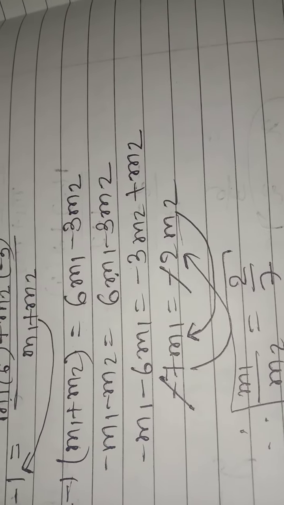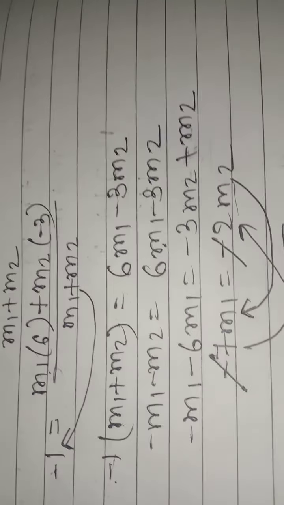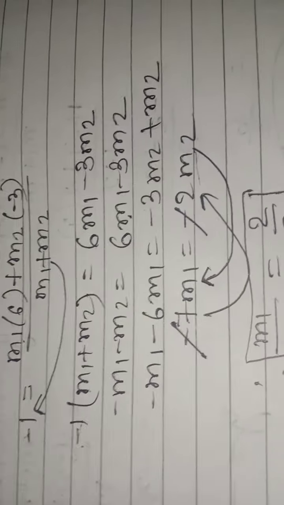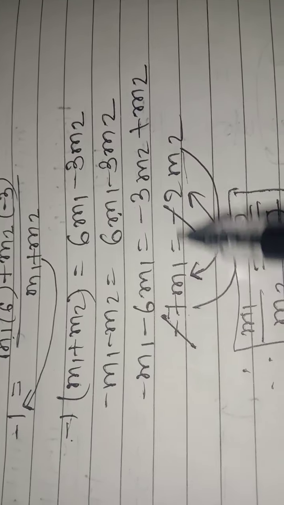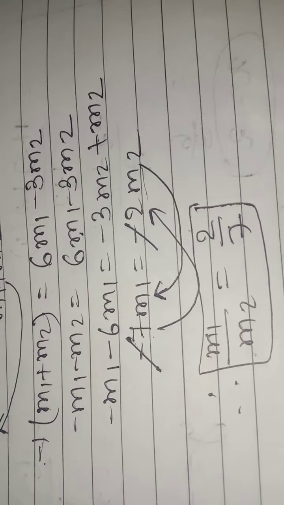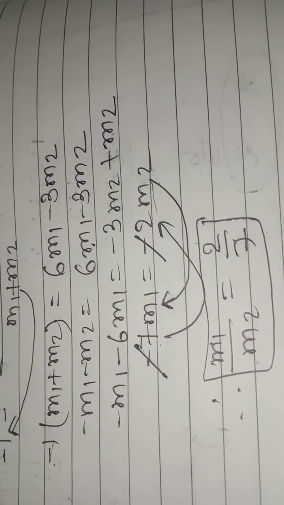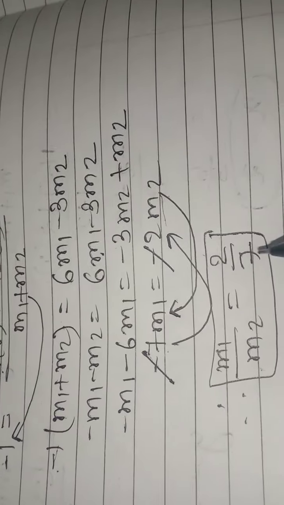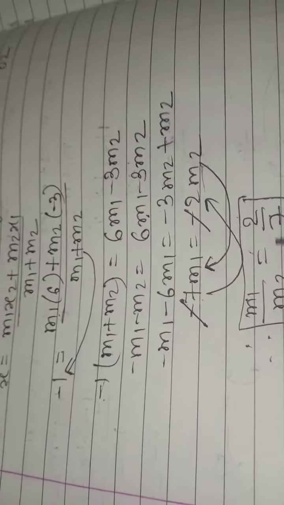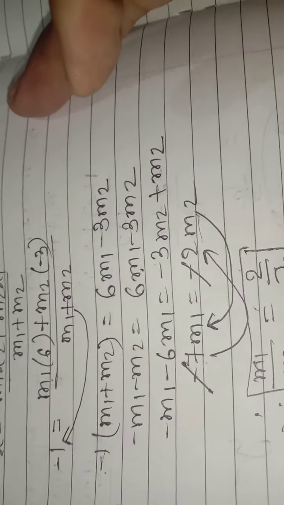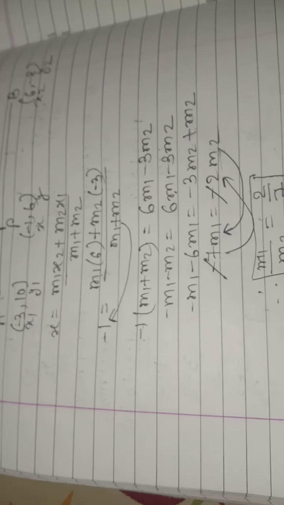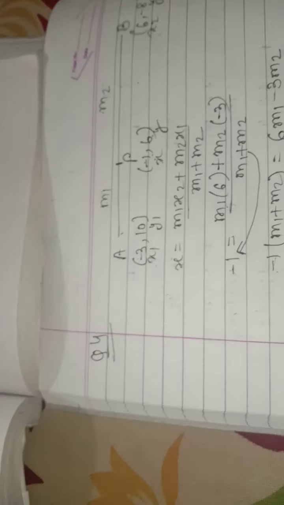This is the ratio you had to find out. And suppose you are not sure whether you have done it correctly or not, you can cross multiply and check whether you are getting this or not. Because sometimes what happens is that instead of writing 2 upon 7, you write 7 by 2. So make yourself very clear about what ratio you are going to take. Clear? So this is question number 3. You can see the calculation. Okay, sorry, it is question number 4.